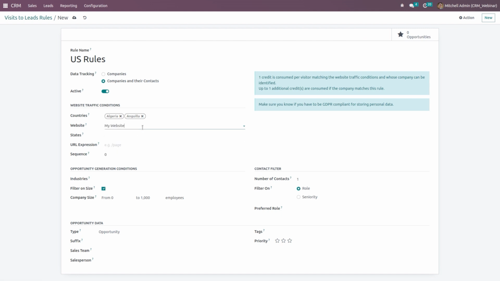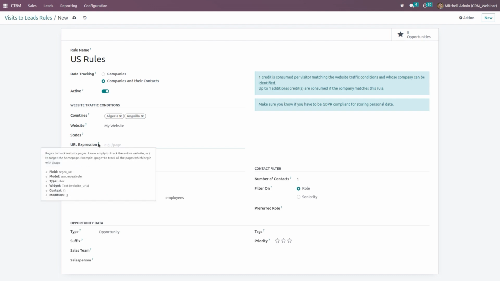If you have multiple websites, you can choose whether this rule will be applied to my website or website 2. I'm choosing my website, and you can also choose the states for these conditions, and URL expressions, where you can set which page or which URL this visited lead rule is applied to,